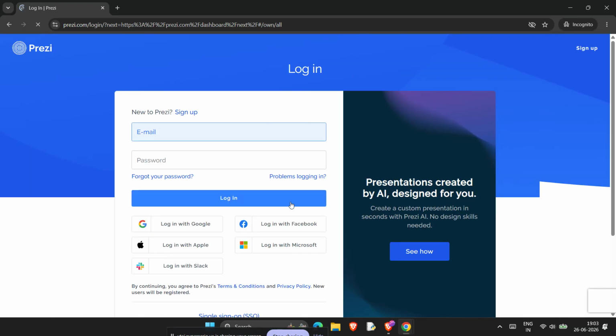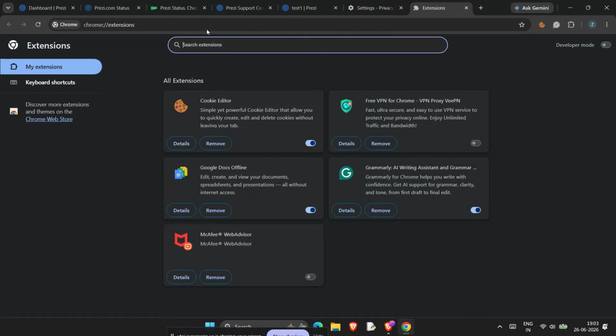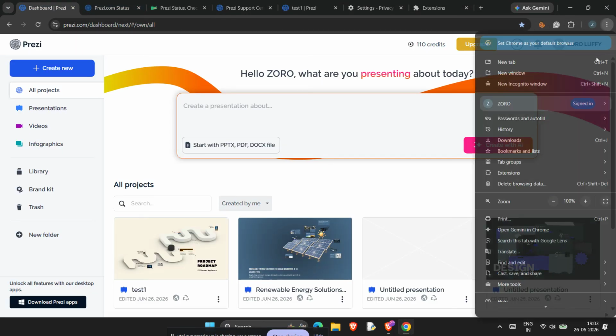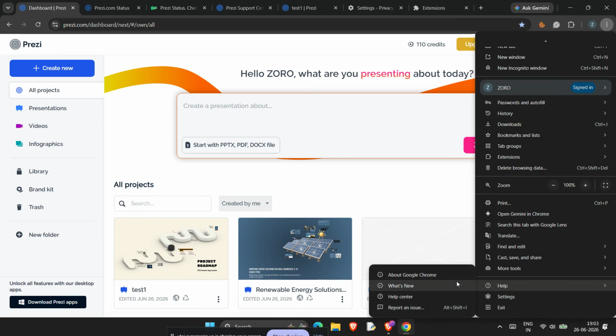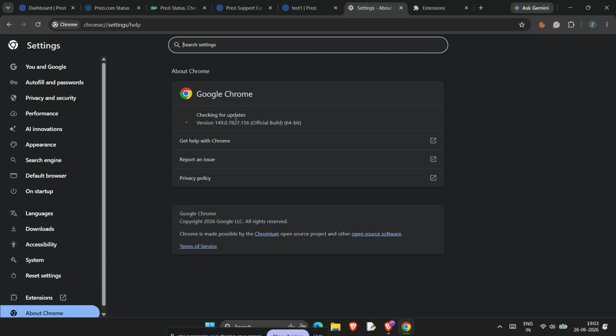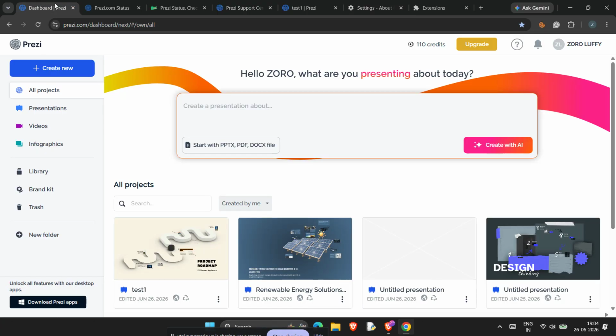Next, make sure your browser itself is fully updated. Prezi performs best on the latest versions of Google Chrome, Mozilla Firefox, or Microsoft Edge. Updates matter because Prezi depends on modern web technologies and hardware acceleration to render presentations smoothly. If your browser is outdated, some features may not work correctly, or the editor may freeze, lag, or fail to display content. If you're still having trouble after that, restart your browser and try again, then if needed, restart your